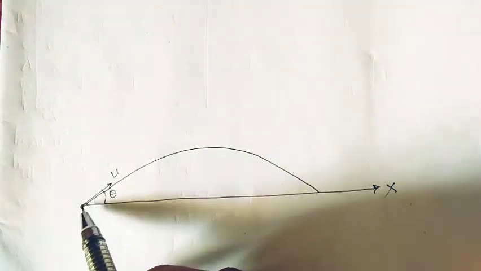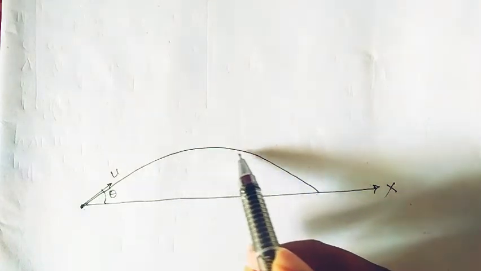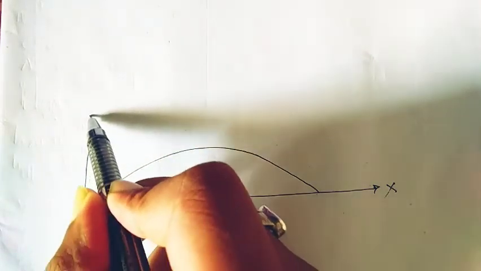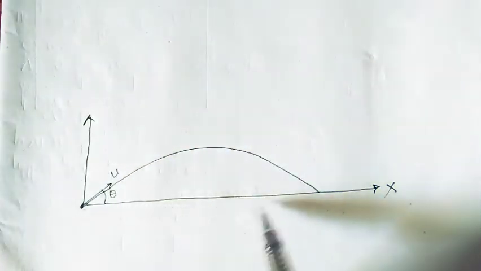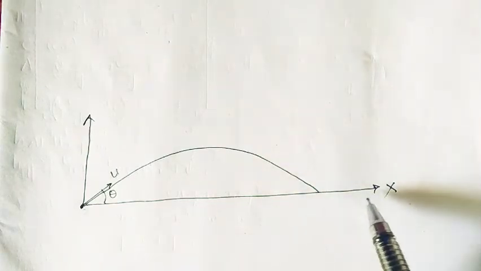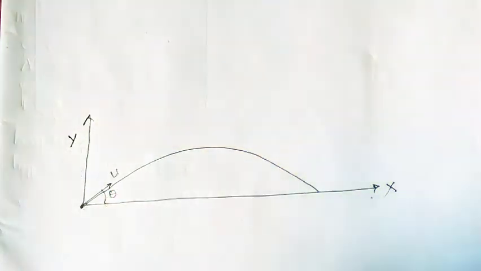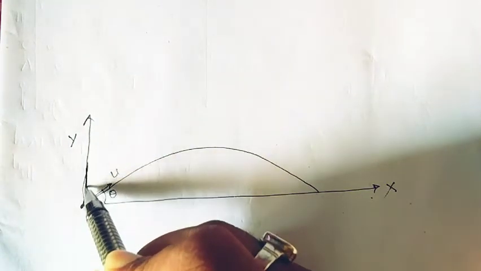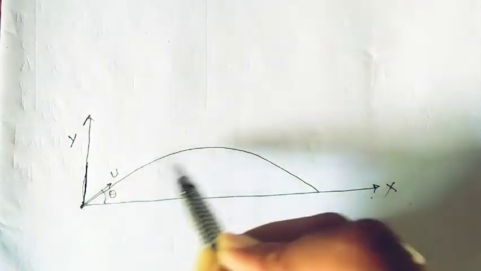As long as the particle is executing this upward motion, the particle is executing the horizontal motion. We divide this into two parts, the horizontal along the x-axis and the vertical along the y-axis, for making our calculation simplified, so that we can analyze it easily. But the vertical motion goes from here to here and again returns back, I think you understood.